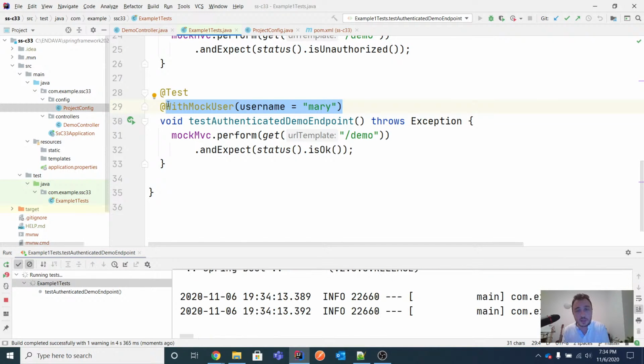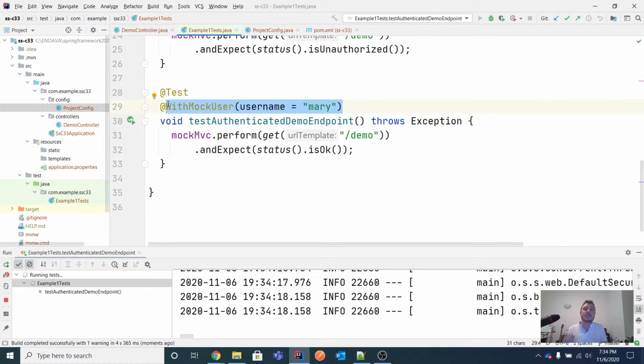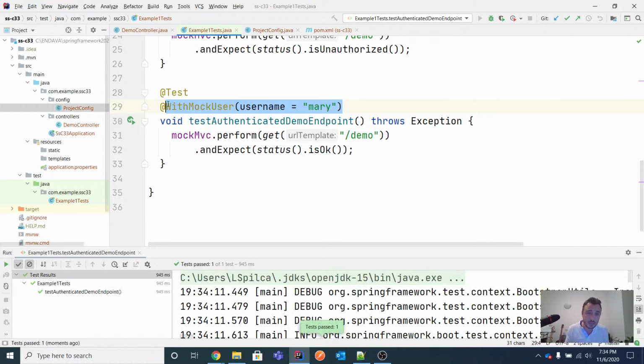So don't expect that the username should somehow in this case match with something that exists in the app, because it doesn't need to. This is completely skipping the authentication. You use it only to test the authorization. Okay, so it's still working. So that's first of all. But